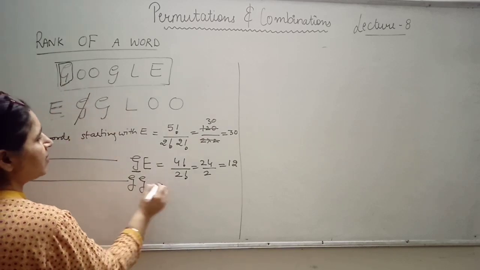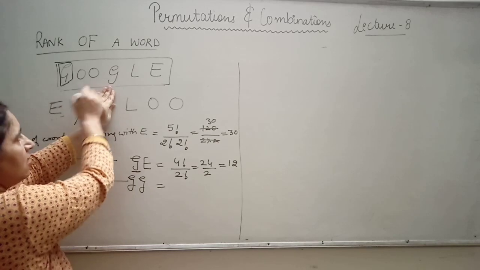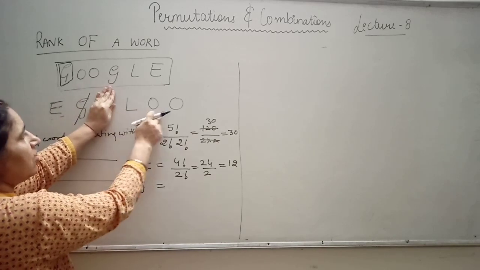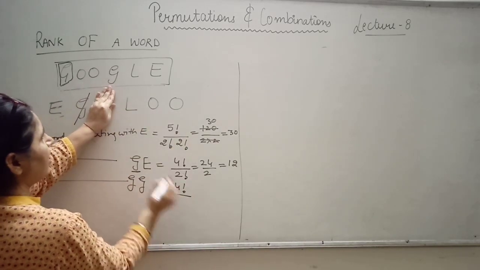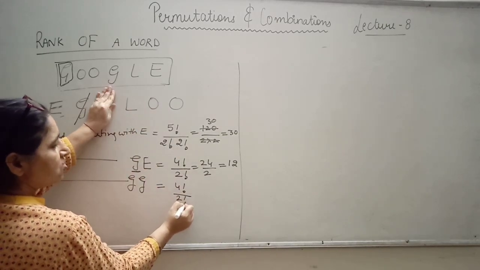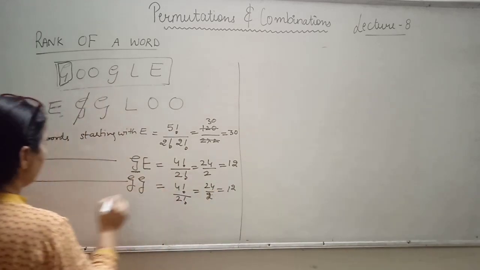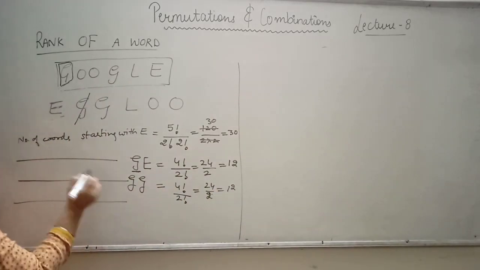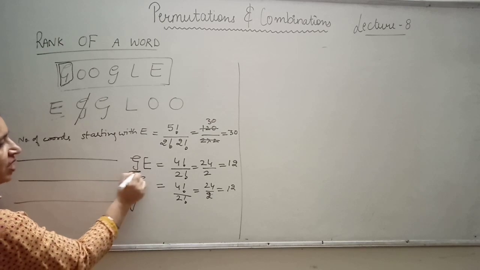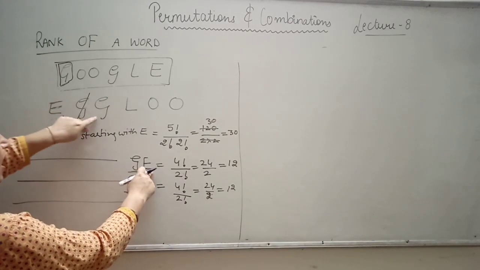So now it means hide this G. Now this is cut. Don't count it. 1 2 3 4. 4 factorial and divided by repetition. Repetition is of these only O's, that is 2 times, 24 by 2. Again that is 12. Now words starting with G तो fix है. This G तो we have fixed. G तो fix है. उसके साथ we had taken E, we had taken G.